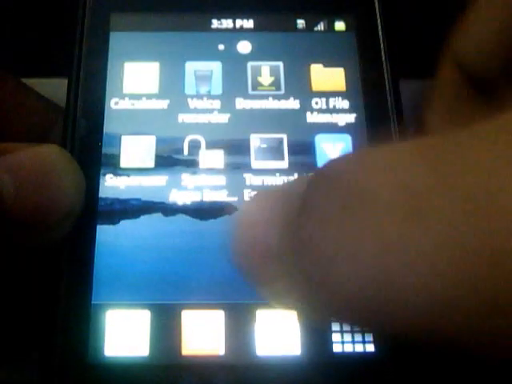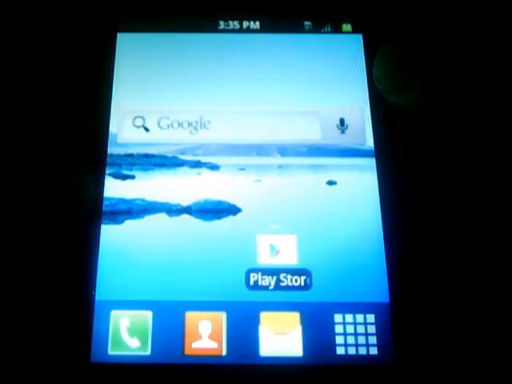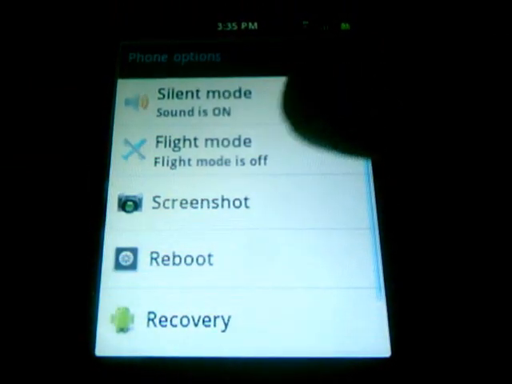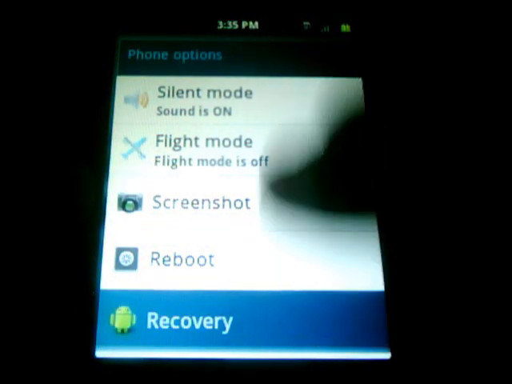Okay, now the next step was to boot into recovery mode, as said in the ROM thread. Recovery.